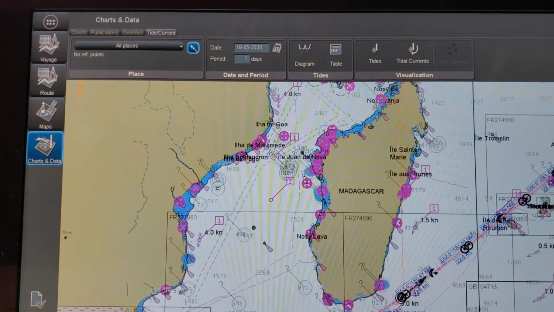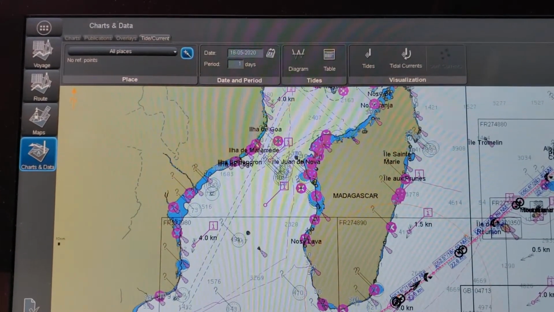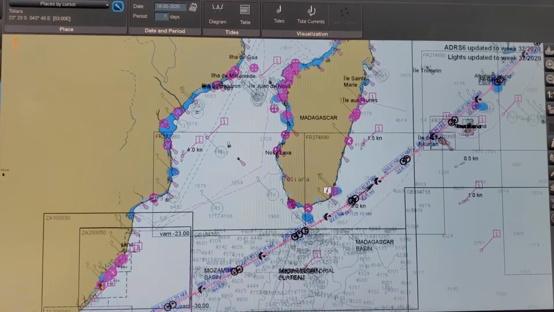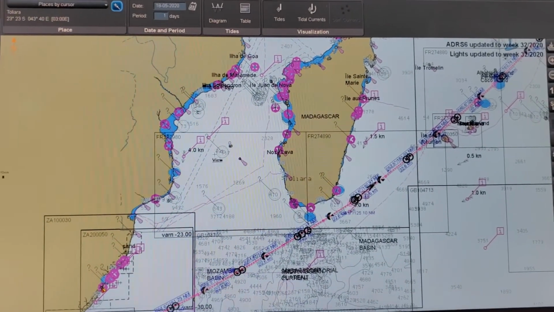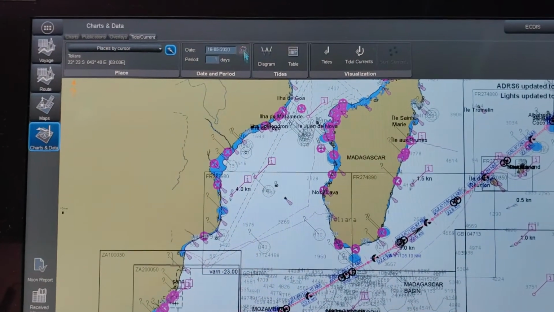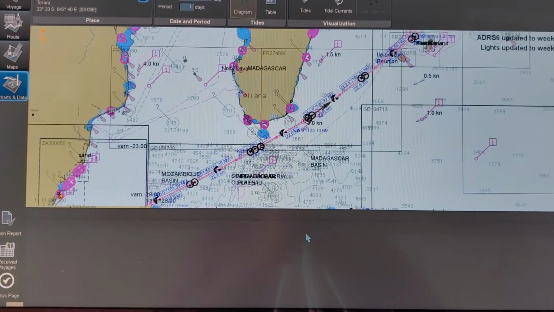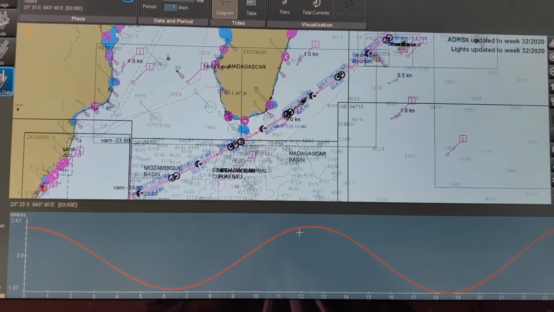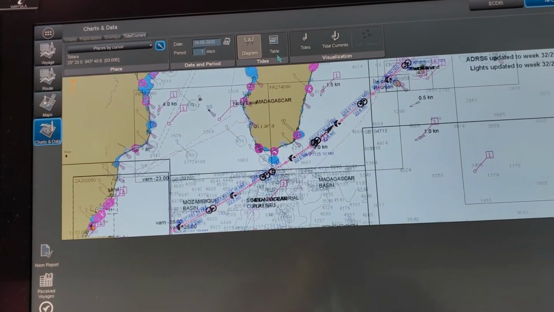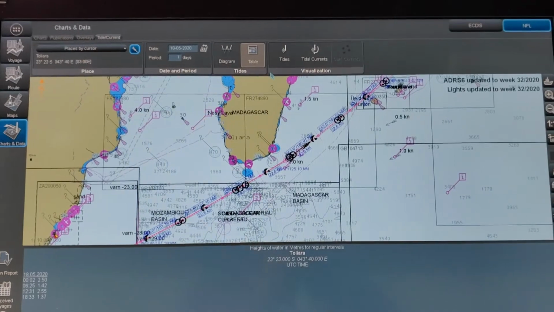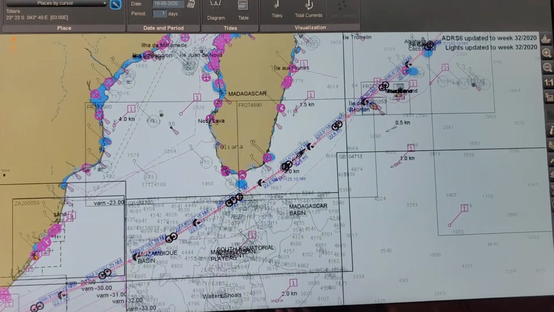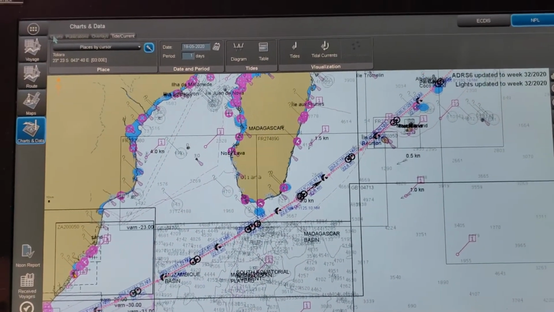Somewhere out here. So in this area, see if you can see them clearly. How I'm able to see this. In this area, whatever information, see. In this area you have this place, and for that you can always select, you will get a diagram over here in the waveform, and then you will come to the tide, and the tide table is here. Yeah, you see this one. So this tidal currents and everything, you can explore all these details.